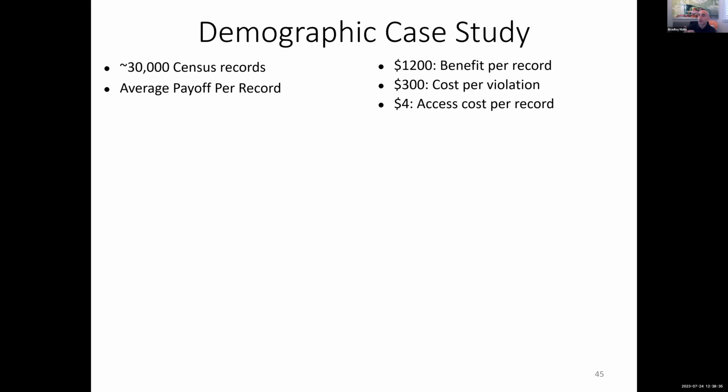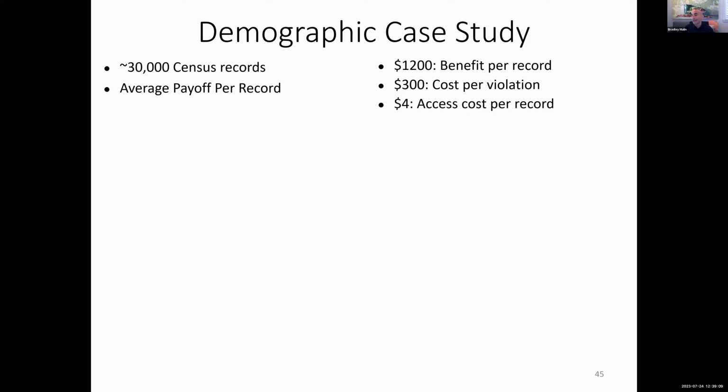Basically, we were looking at how much money was being paid by the federal government through NIH grants to recipients for the generation of genomic records. And so what we found was that if you looked at the total amount of grant dollars and the total number of records being generated from these studies, it amortized to about $1,200 per record. So you could argue that the grant recipient was being paid $1,200 for every piece of data that they were sharing, at maximum. We then said that the cost of a violation was going to be $300.